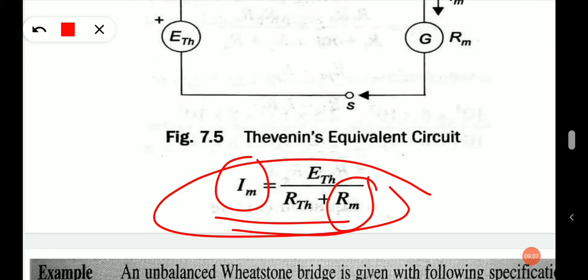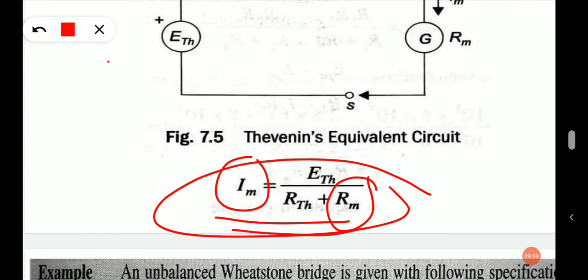So it is quite clear that the Thevenin equivalent circuit is a useful method for inspecting the response of the galvanometer. The accuracy of measurement depends upon the sensitivity of the galvanometer as well as upon the accuracy of individual components used in the circuit. The Wheatstone bridge is capable of finding resistance values ranging from a few ohm to several mega ohms.